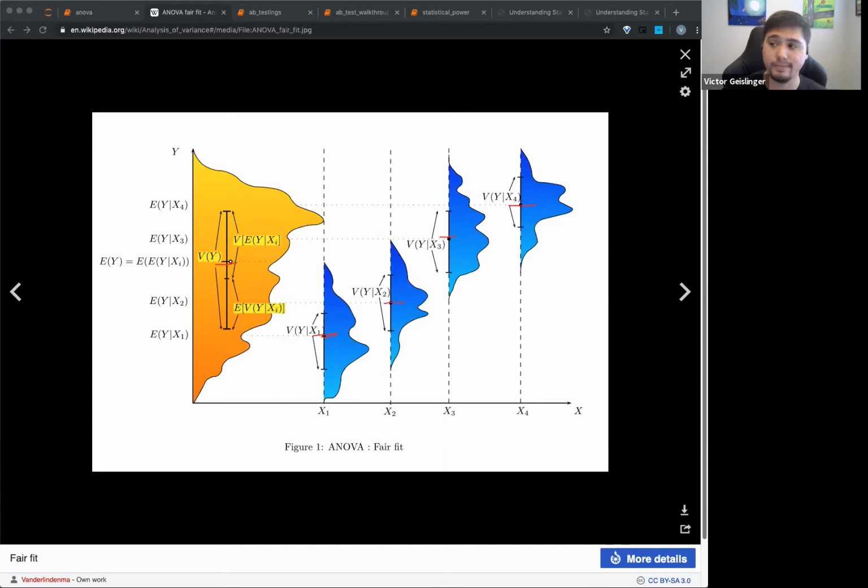So I'll use red first. Basically red will represent how far away each one of these points is from the average. So let's say I have this average overall. How far away is each of these groups from this point right here? So you can imagine finding the residuals from this average right here. So we have this one value. And then what we do, and I'll draw this in,